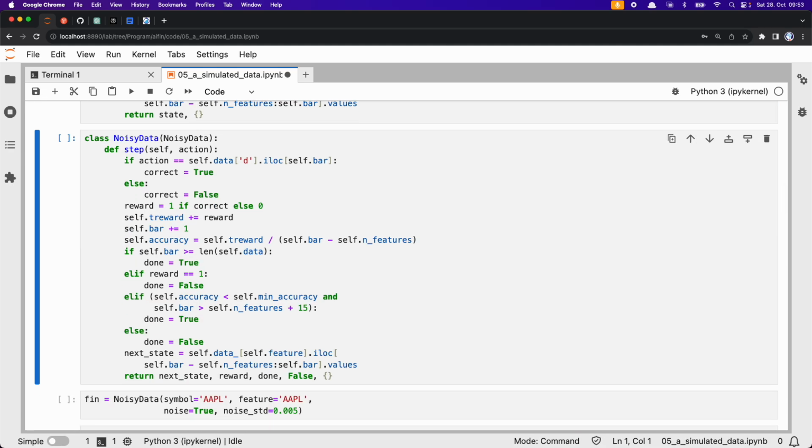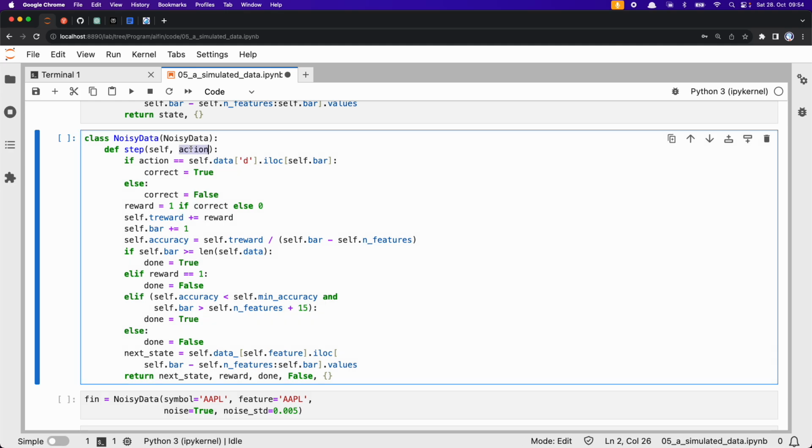Now the major method here in the environment is the step environment. So we have the environment, we have the state which describes the environment, and stepping means we move the environment from one state to the next. It's all now reinforcement learning language, right? And the first thing that the step method here checks is, given the action,